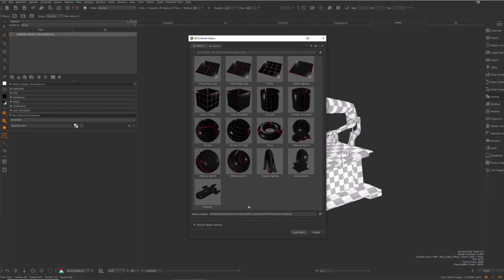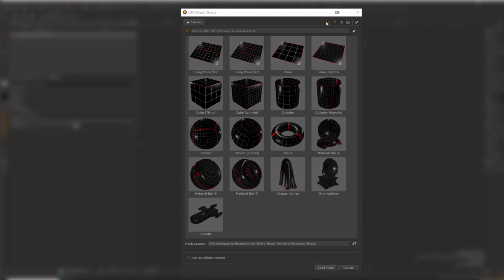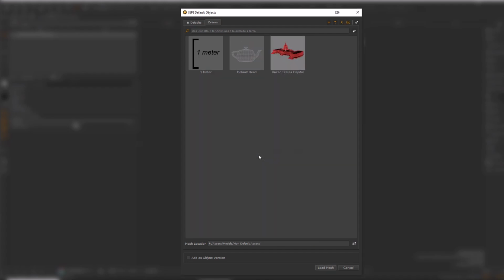Different from previous Extension Pack versions, this window is now acting like a shelf, meaning you can add your own custom geometry to it. You can create a new shelf tab here and point it to a folder containing your geometry, and the objects will be available for you to easily be added to your scene. Here, for example, we can see I have some scale reference objects, so I can stay grounded in my scale